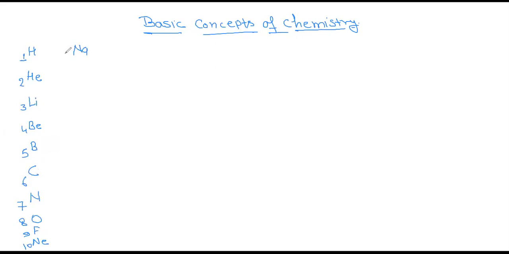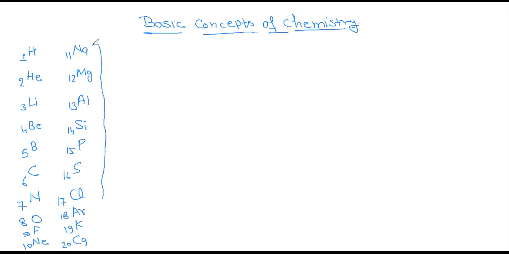Sodium 11, magnesium 12, aluminium 13, silicon 14, phosphorus 15, sulfur 16, chlorine 17, argon 18, potassium 19, and calcium 20. First of all, everyone must learn the atomic numbers of these elements 1 to 20 for basic chemistry. After that, you can go directly to